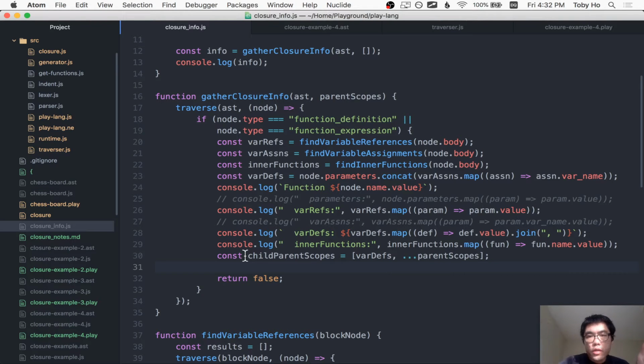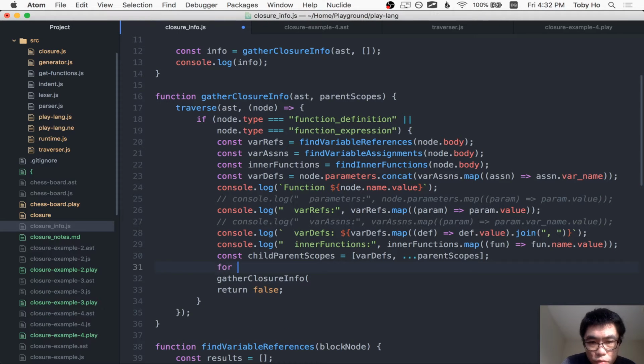So for each level, for each nesting of a function, we'll get another set of var defs if they exist. And then we're gonna recurse on each inner function. So for let inner function of inner functions,